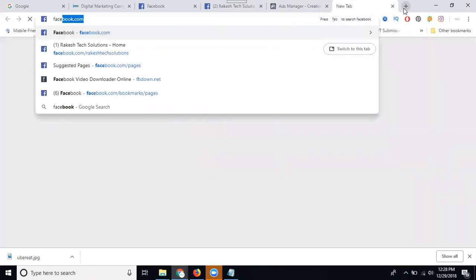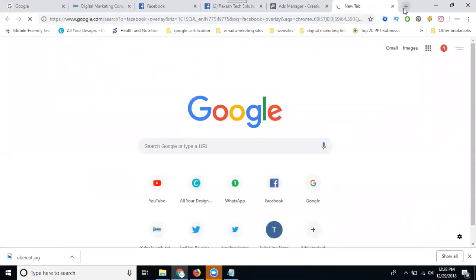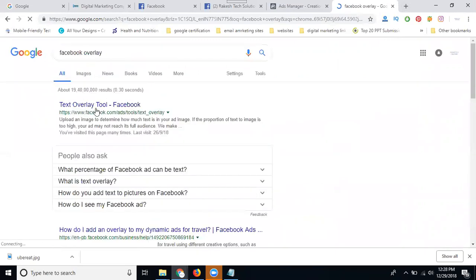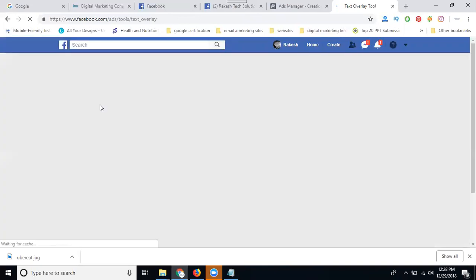So go to Google, simply search for Facebook overlay. Just open it in Google. The option is the Facebook text overlay URL. Select it. People find out whether the image will show properly or not for acceptance purposes.